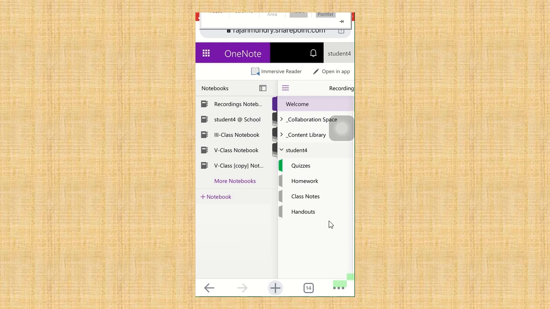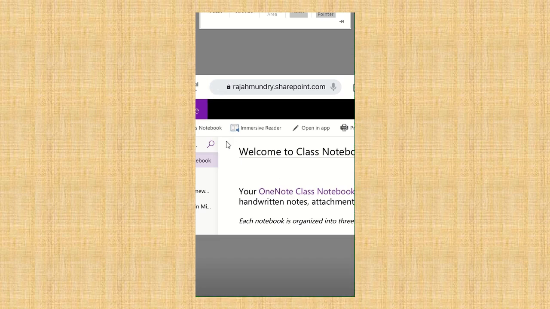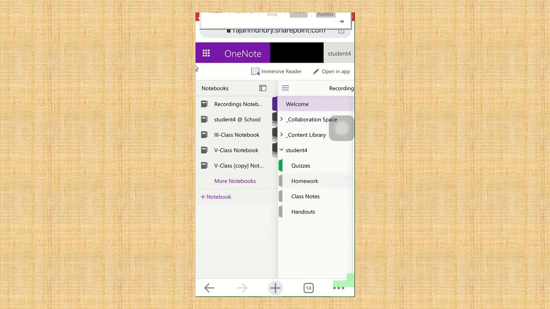But actually, as the mobile screen is very small, you cannot find the entire page here. So for this I request you to flip the mobile like this. Okay, flip the mobile like this, and here you will find the page. So after selecting the page here, and after selecting the homework also here, you can directly select the homework. So the homeworks will be shown here.